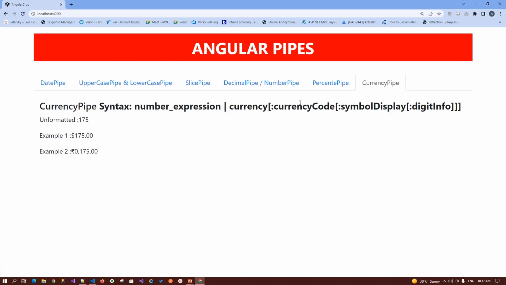Currency pipe basically formats your currency or number into your currency format using the local rules. So basically it is similar. Currency is your number expression, your currency value, then a pipe operator to it, the name of the pipe, then symbol indicates basically the currency code. It is the ISO 4217 currency code, such as USD for the US dollar, EUR for the euro, and